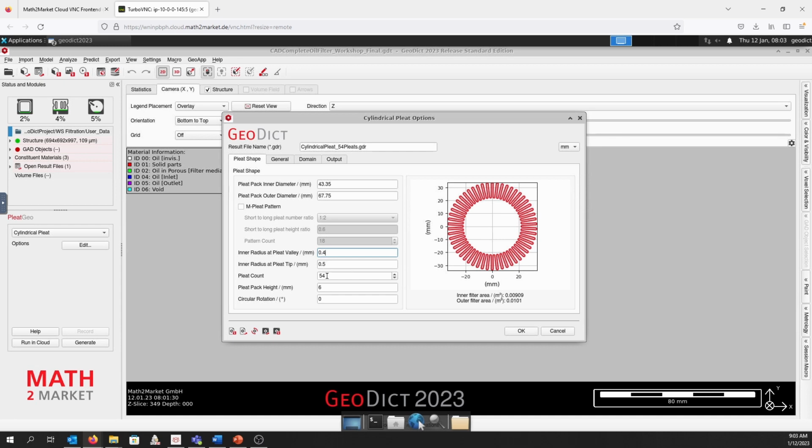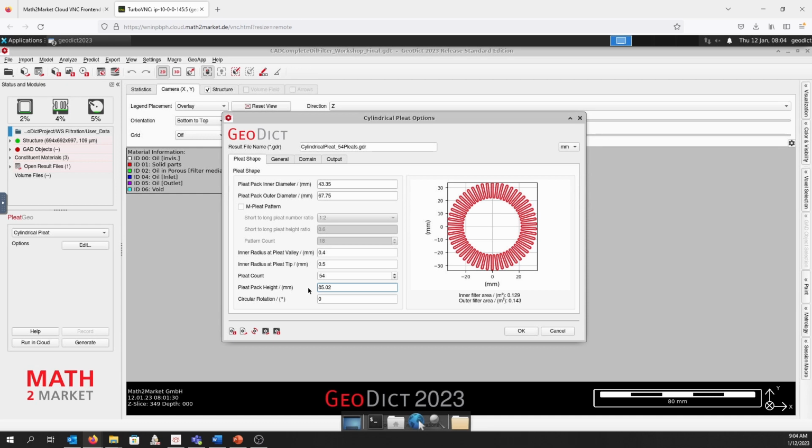The pleat count we set to 54, and the pleat pack height we set to 85.02 millimeters.